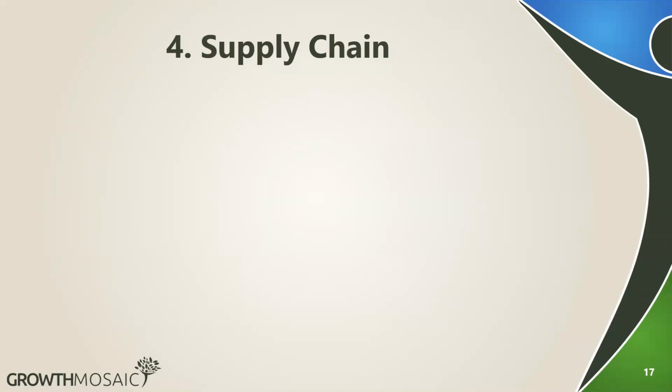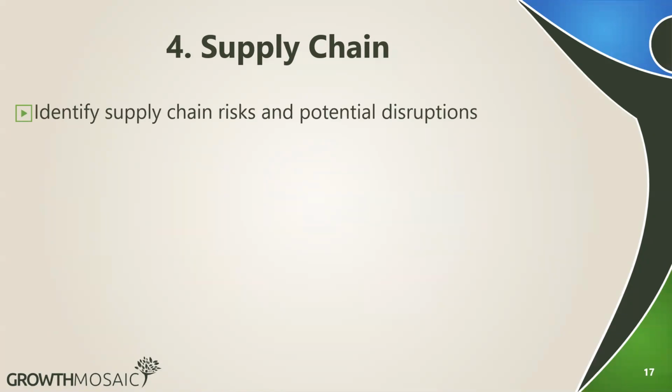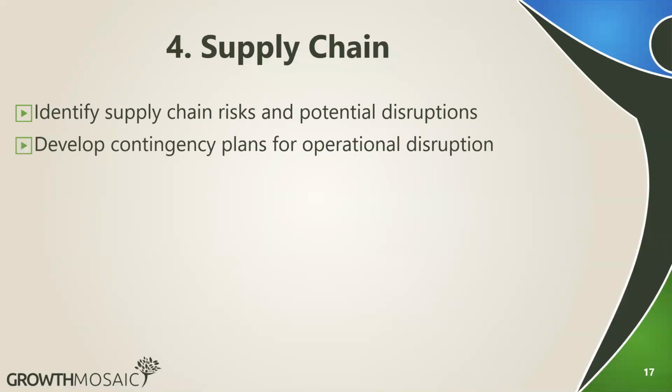So let's say you work with farmers. This is the best time to speak to them, actually get to know them, understand their business and how they actually supply you, and get creative on how they can supply you. So yeah, first is to identify the risks and potential disruptions. So like Esther was saying, one is to identify, are your farmers still able to supply you your product? Do they have issues with logistics, saying now they can no longer supply you because you're too far away? So you need to find some other way. So maybe you have to come and pick it up yourself.